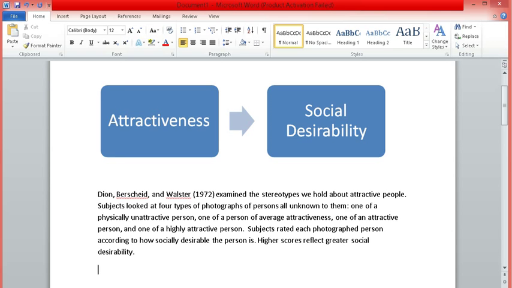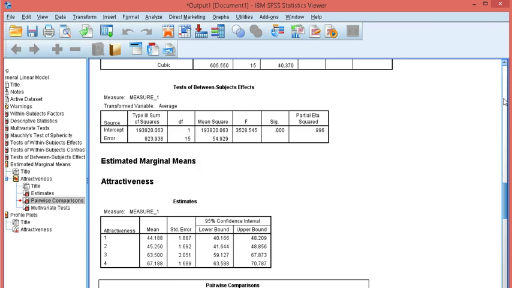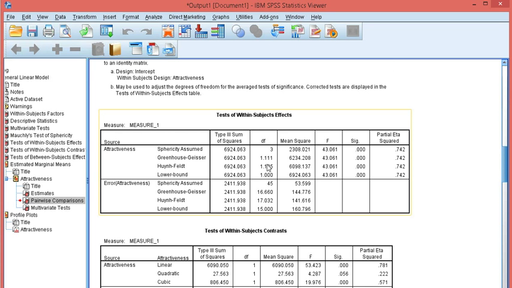And one last thing, how do we write that? How do we express that? So you can write F, then the degrees of freedom. So let's choose the degrees of freedom for the Greenhouse-Geisser correction, only because the test of sphericity was significant, and the assumption of equal variance was violated. So 1.111 and 16.660,